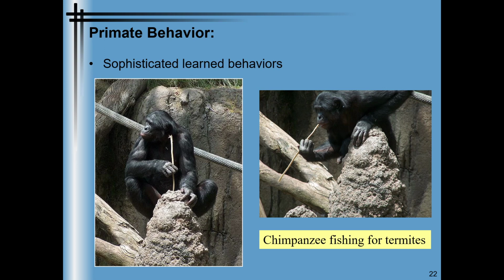They'll select a twig that's a specific flexibility. They'll strip all the leaves or the branches off of it. And then they'll very carefully stick that twig down into a termite mound. And the termites will attack the twig because that's what they do. They don't want the twig in there. They'll latch onto the twig. The chimp will very slowly pull the twig out, and the termites will be stuck on the twig, essentially like a termite popsicle. This is a very sophisticated learned behavior